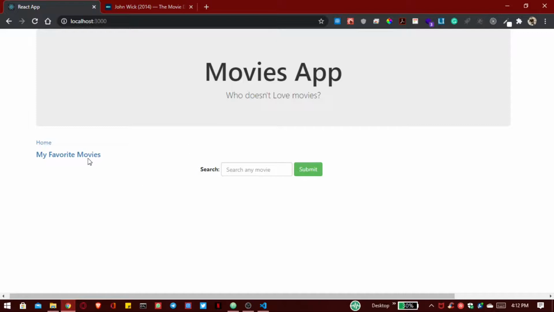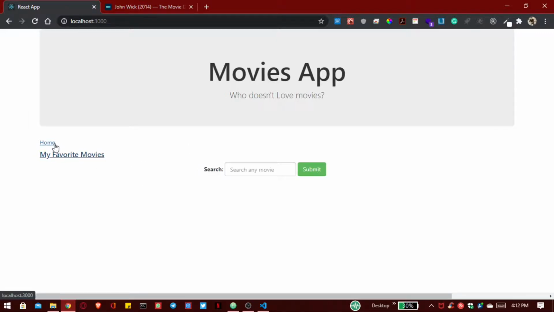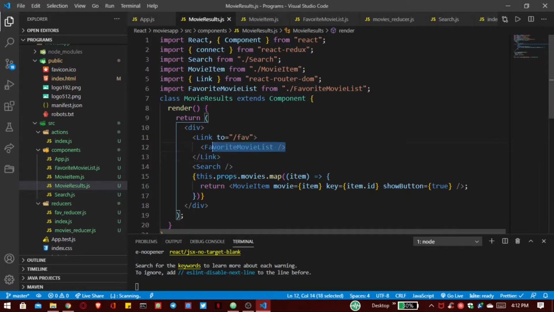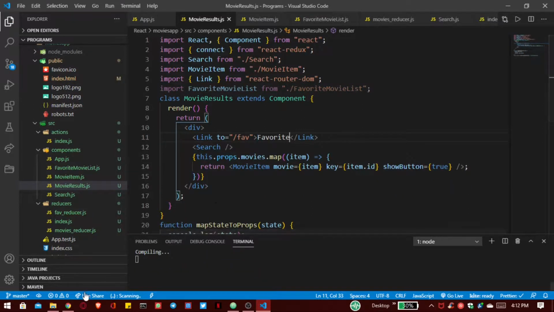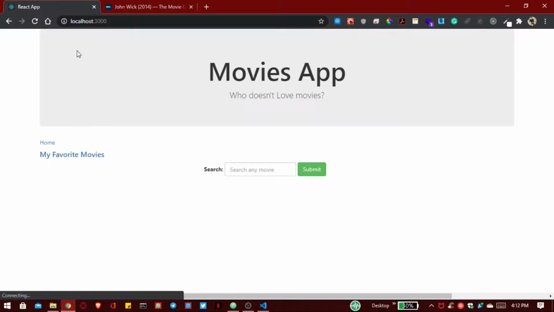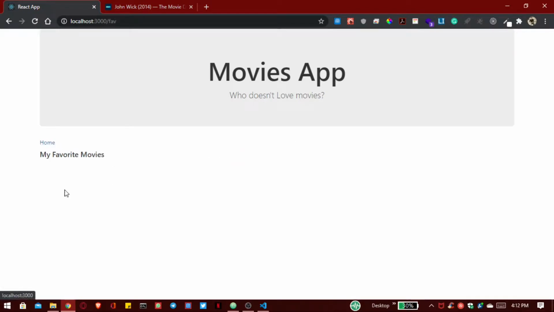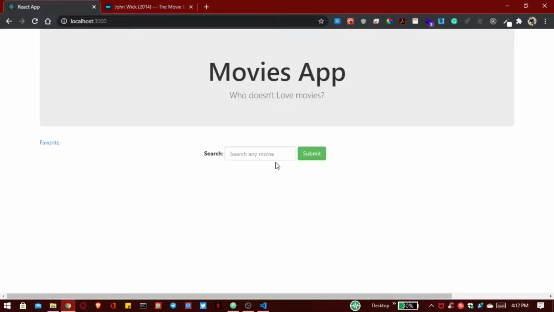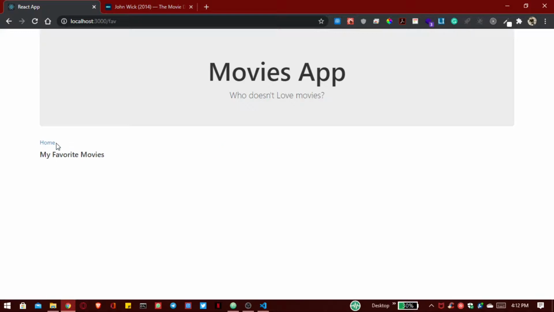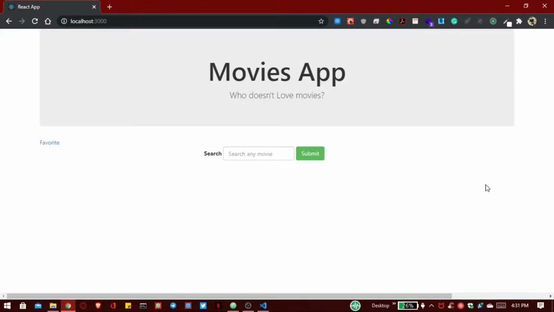Now on the home page, instead of our whole component, I only want to show the link that is favorite. So instead of this, let's write this only. So now you can see that is gone, and on my home page I can see only the favorite tag. Yes, here my favorite movies are not selected yet, and inside my home I want to search any kind of movie. So now we completed our project. So now let's revise our project.